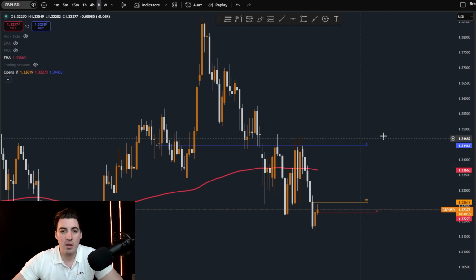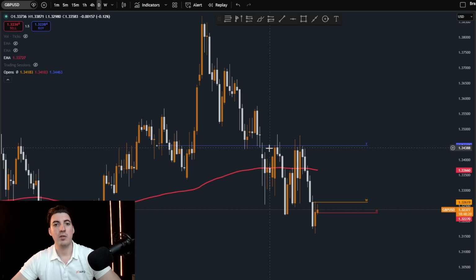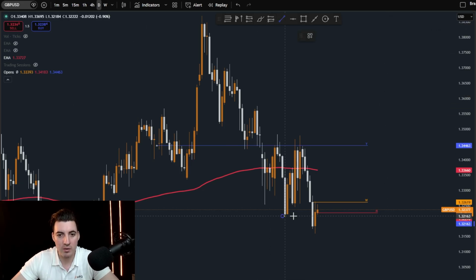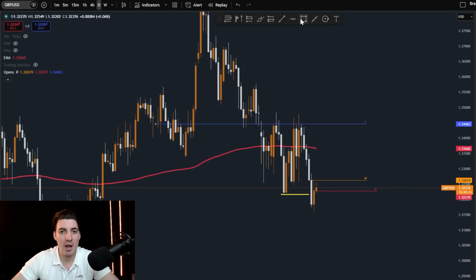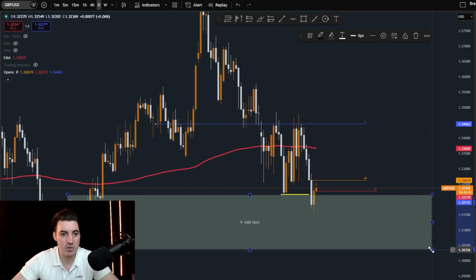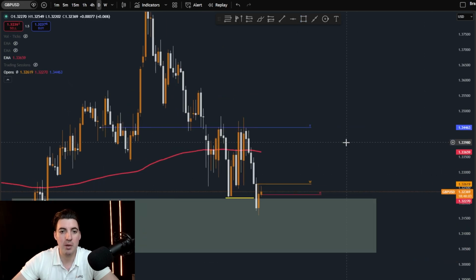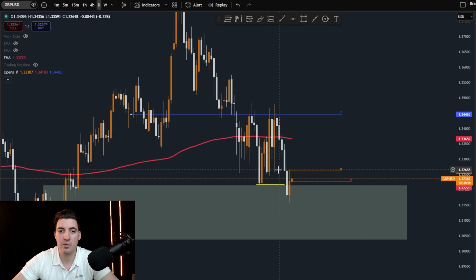On the GBP USD on the daily time frame, we can see that the price has pushed itself down much lower. It has now broken structure with a full body break. This indicates that we are still in a downtrend. What I am worried about is that there is a potential demand zone that we have just entered here. And so what I'll be looking at is to see what the reaction is going to be like while it's